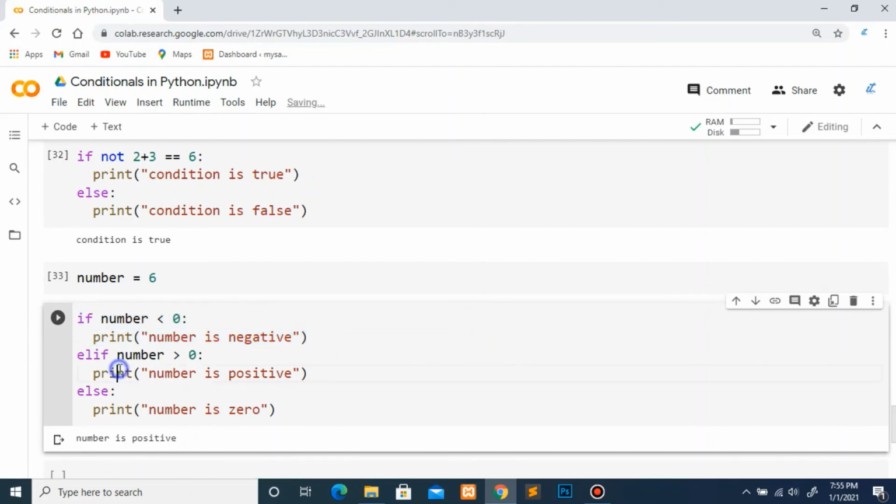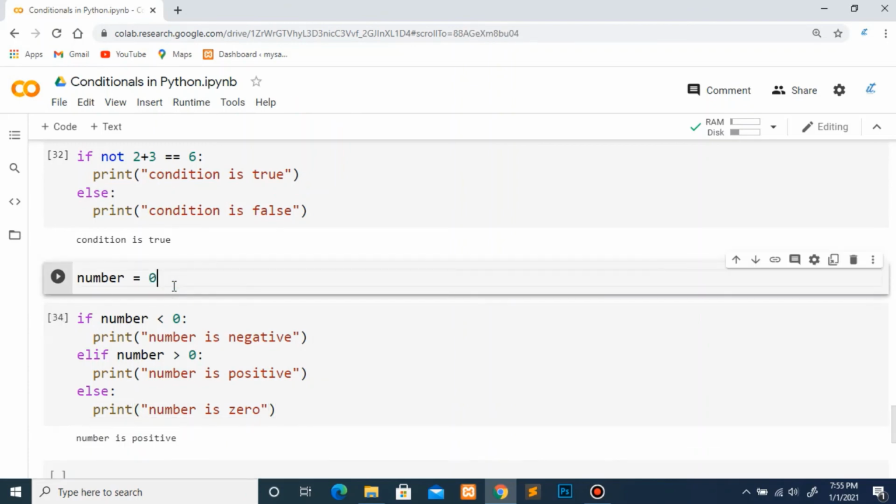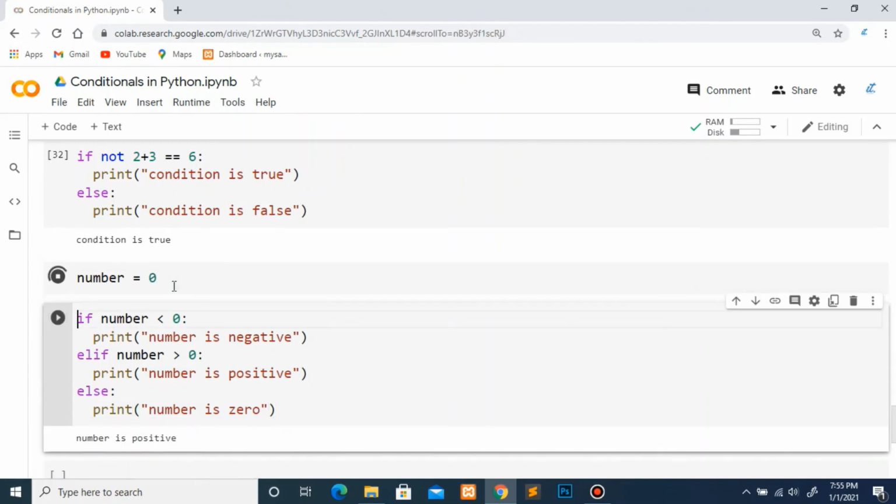Now it will move to this elif. Here it will check if number is greater than 0. Yes, 6 is greater than 0, so it will say number is positive, and it will also skip this else part. What if the number is equal to 0? Let me give it a 0 value to execute it.